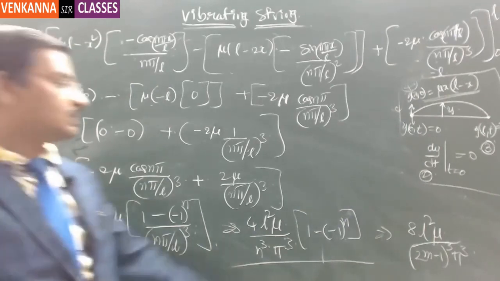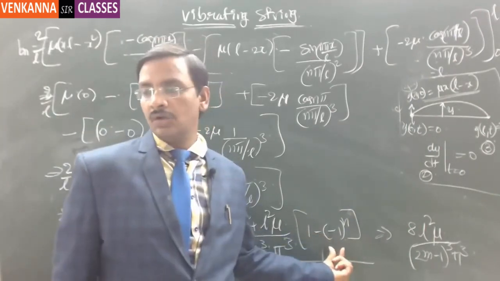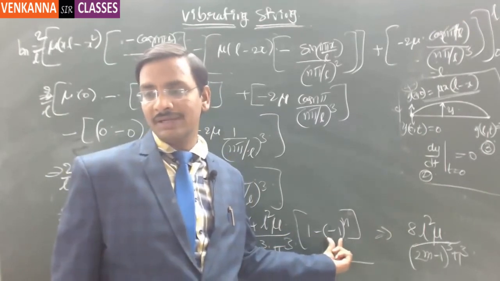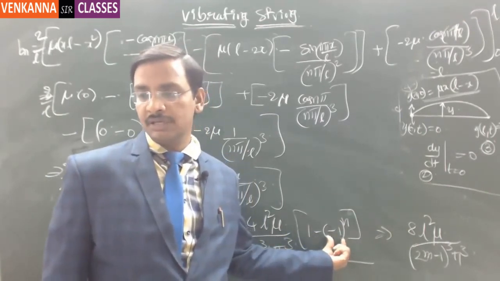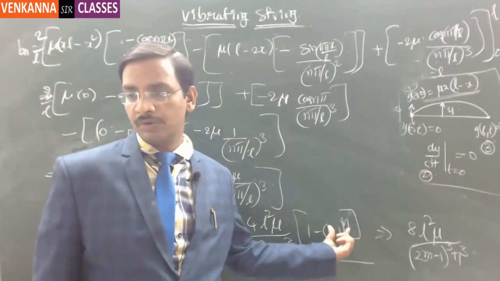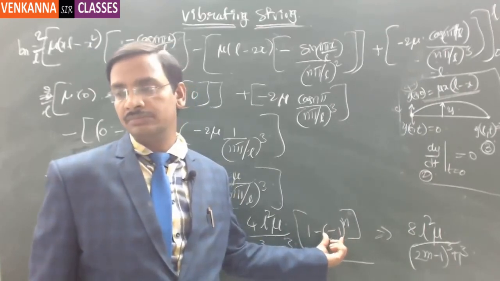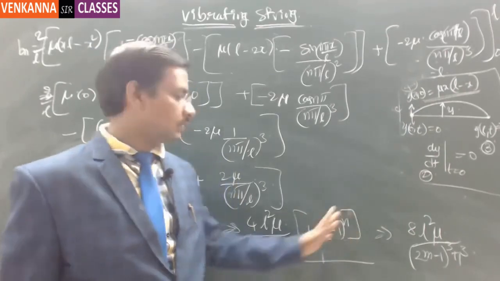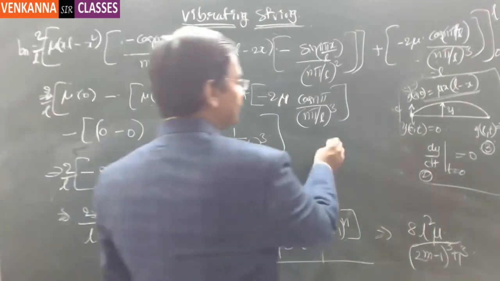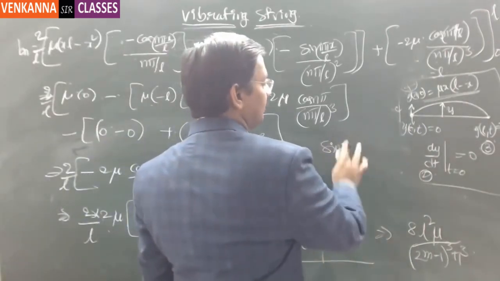So this 1 minus 1. I hope you know how I have written this minus 1 whole power n. Is that clear? Minus 1 whole power n. See this cos n pi value, sin n pi is always coming out to be 0 irrespective of